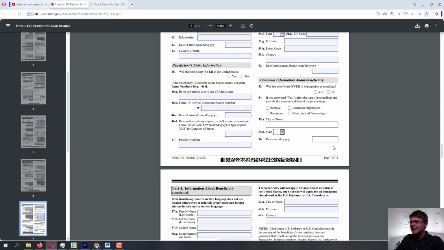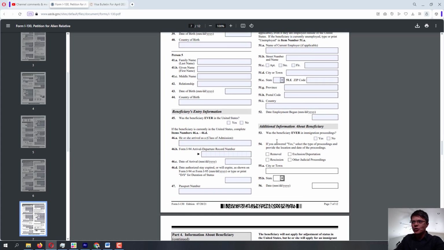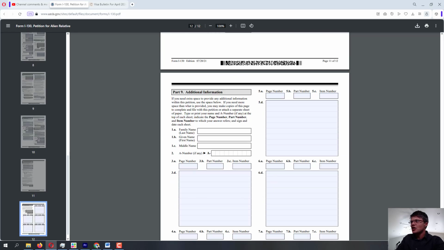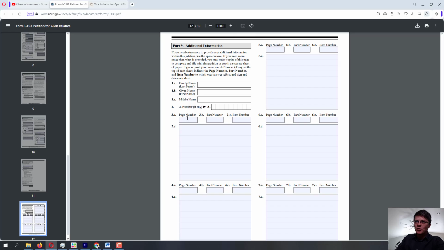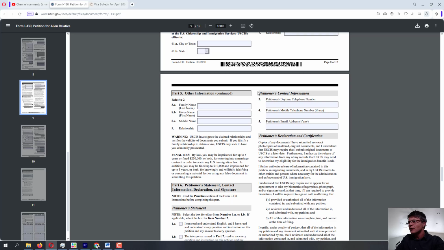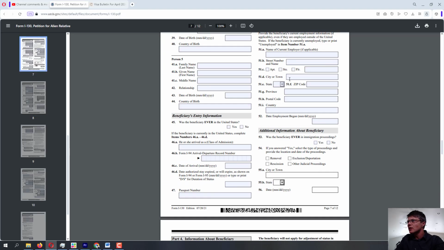But honestly, what I would do for this, if you scroll all the way down, this form has a section for additional information. In the additional information, I would put the page number, part number, and item number. Let's see, page number 8, part number, never mind, not this, let's scroll all the way up, there you go.